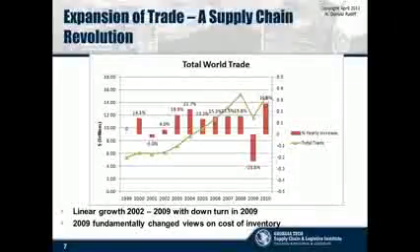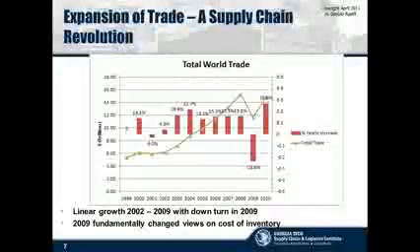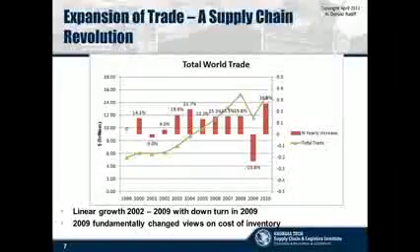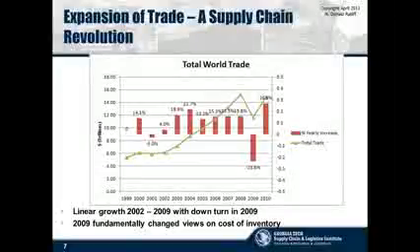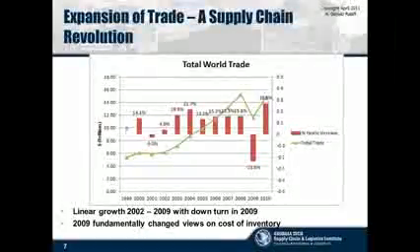So it went up at about a linear rate till the recession of 2009. And in 2009, we took this huge dive. If you were doing any kind of forecasting of what this line would look like back in 2007, you would assume that it would just keep on growing at this linear rate, which it didn't. And in terms of inventory, what happened in 2009 is we had this huge downturn, which made it extremely hard